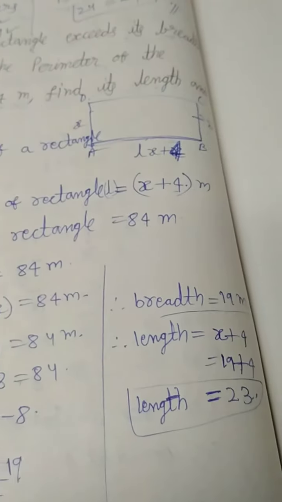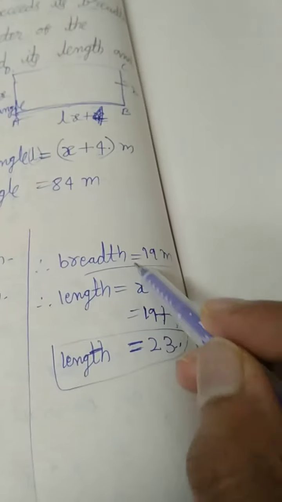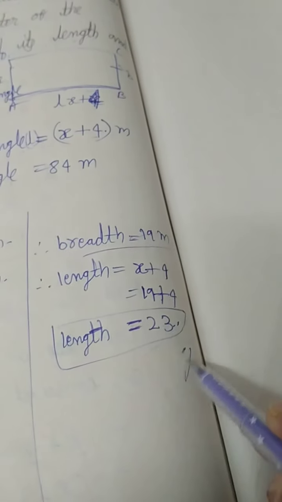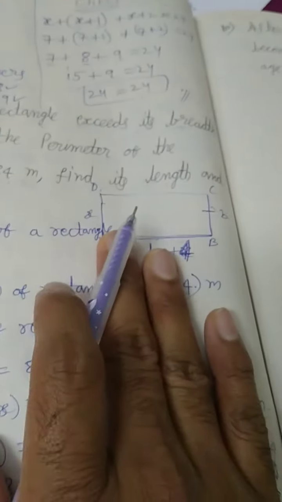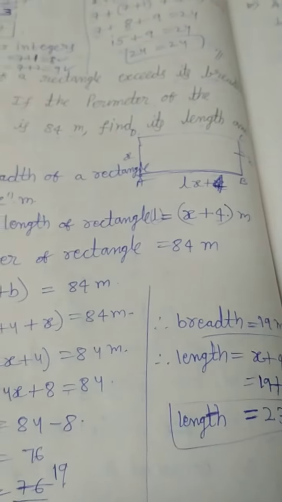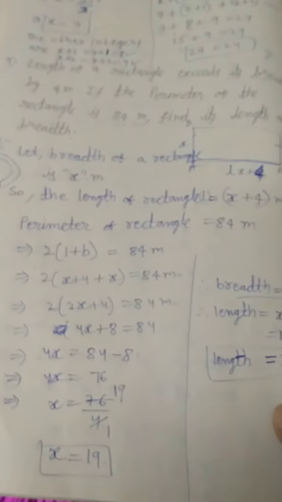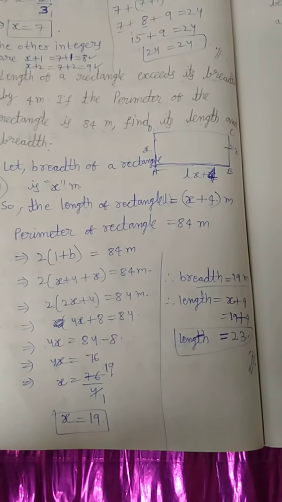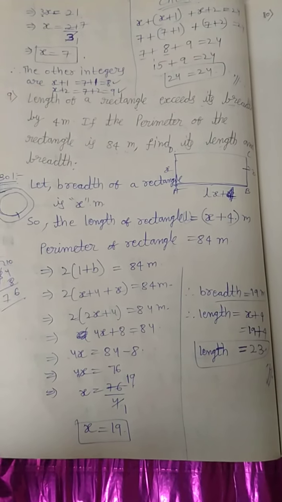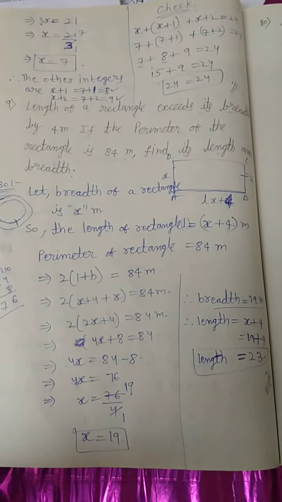He is asking to find its length and breadth only. We got the length, we got the breadth, so we should stop this solution. Whatever he asked, that only we have to find. We are not supposed to find any extra things. If you find extra things, it will be a waste of time, children. Whatever he asked first, that is what we are supposed to show.